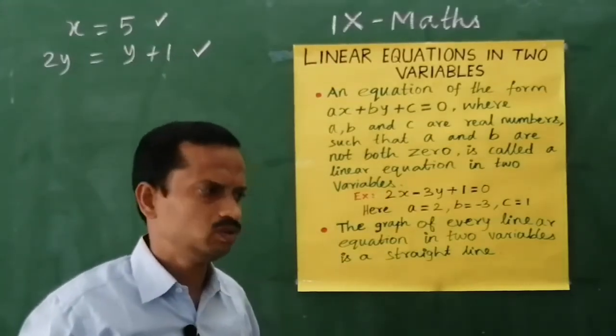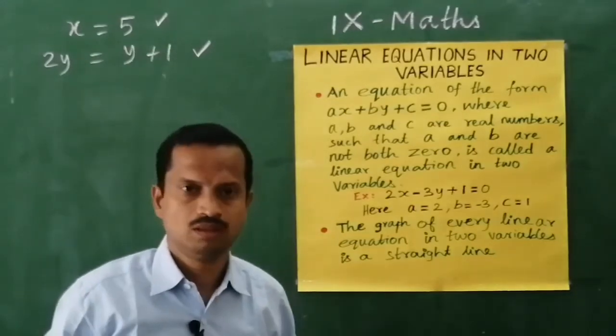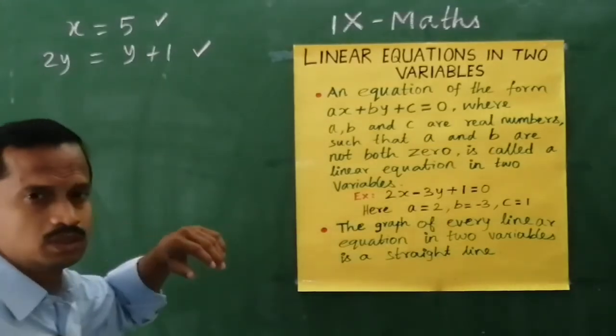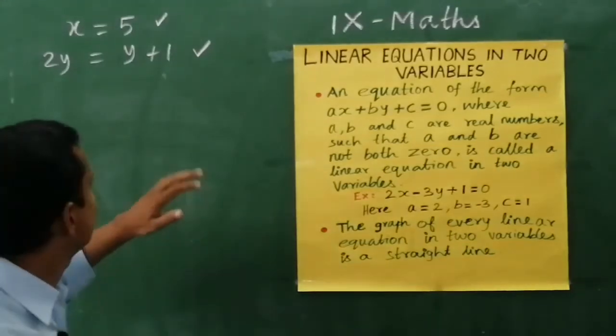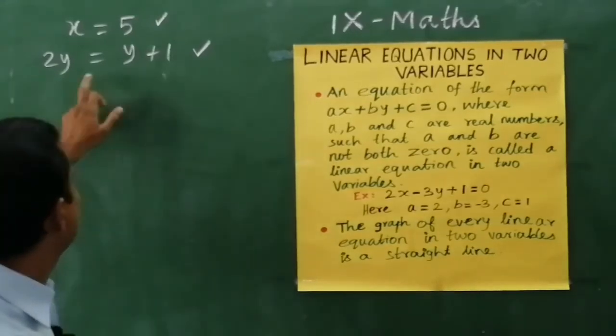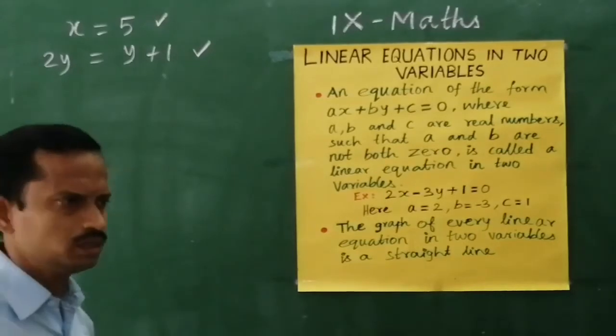So, this type of equation you have seen in 8th standard itself. Since the variable y is on both sides, it is also a linear equation in one variable, the variable y only is there. So, like that we can give examples.